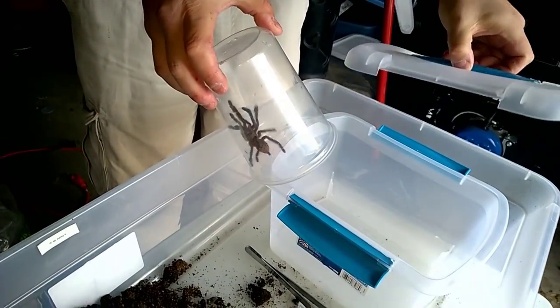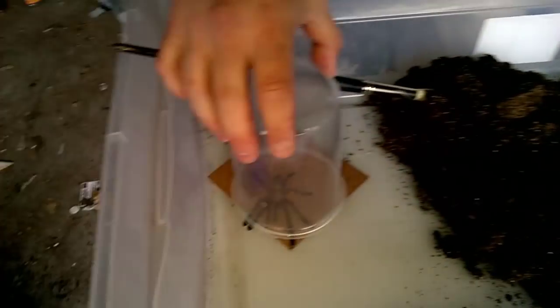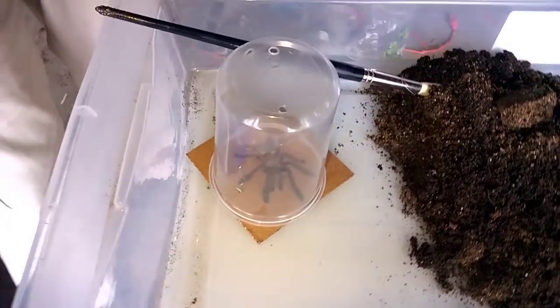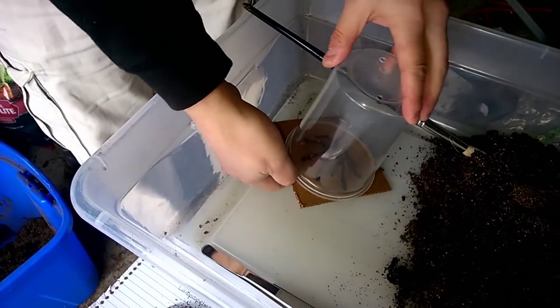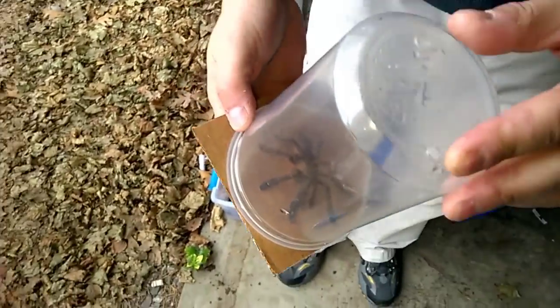Oh, beautiful. Oh no, God, it's arboreal. That was not perfect, but figures. The terrestrials, when I want them to come down, won't do it. All right, so ideally I did not want to drop the spider, but it is an arboreal species. There we go. All right. Let's actually get him right out in the sunlight. I want to get him in his new cage and warmed up quickly, but